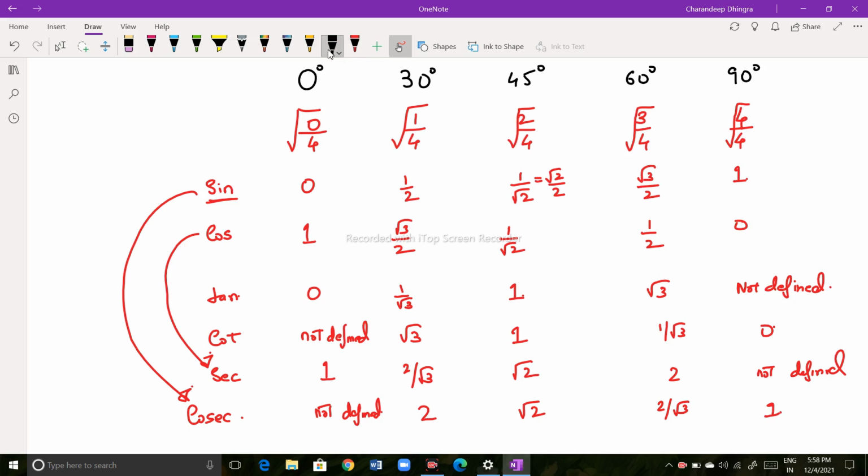So when we look at this table, we get to know some observations which we can make from this. If you check closely, the value of sine starts with 0 and ends at 1. So from 0 to 90, the value of sine keeps increasing. It starts from the lowest and reaches 1. If you check cos, cos starts with 1 and ends with 0. So the value of cos keeps decreasing. If you check tan, tan starts with 0 and then reaches infinity. So again the value increases. The value of cot decreases.